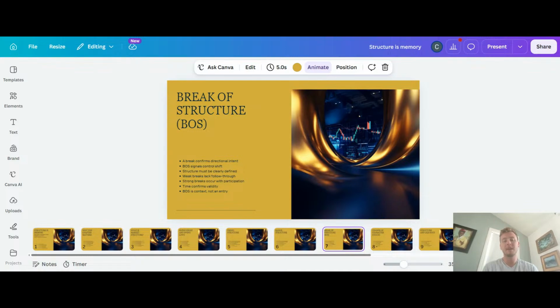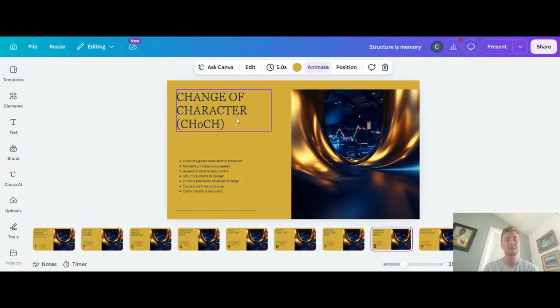Because the pattern that broke from doesn't mean that now all of a sudden it has to keep going downwards or upwards, depending on how you position yourself beforehand. It just means that now there's somewhat of a shift, or some kind of change is happening. So you need to play with the changes or breaks of structure to understand the market, and that's the biggest thing. It's more about understanding the market to then take the correct trades over time.